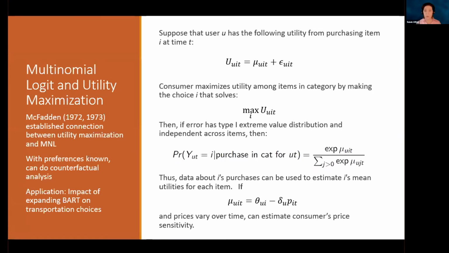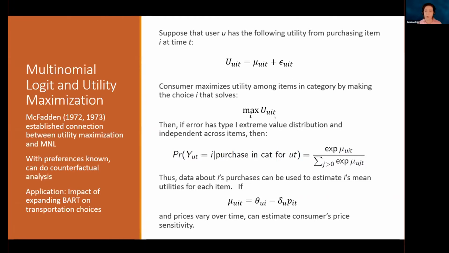So just for those of you who aren't classically trained IO economists, let me review the way that in economics and marketing, we often study discrete choices of consumers among products. So there's a framework where you say, I can take the utility for user U, for product I at time T, and I'm going to decompose it into two parts. Now, at first, it looks like there's no point in the decomposition because both of the components have indices, but I'm going to put a functional form on one of them. And this error, this epsilon UIT, is going to be the idiosyncratic shock, some special thing that's independent over time and across users and items that makes you buy a certain product today.